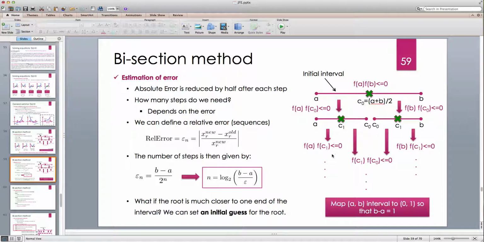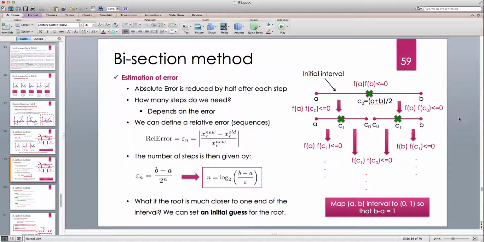And we said that the best thing to do is just pick the mid value of that interval. So the worst case eventually becomes the length of the final interval, and the worst case error is also reduced by a factor of 2 each time. So the number of steps that we actually need to get the error that we want is like log base 2. And then we said that